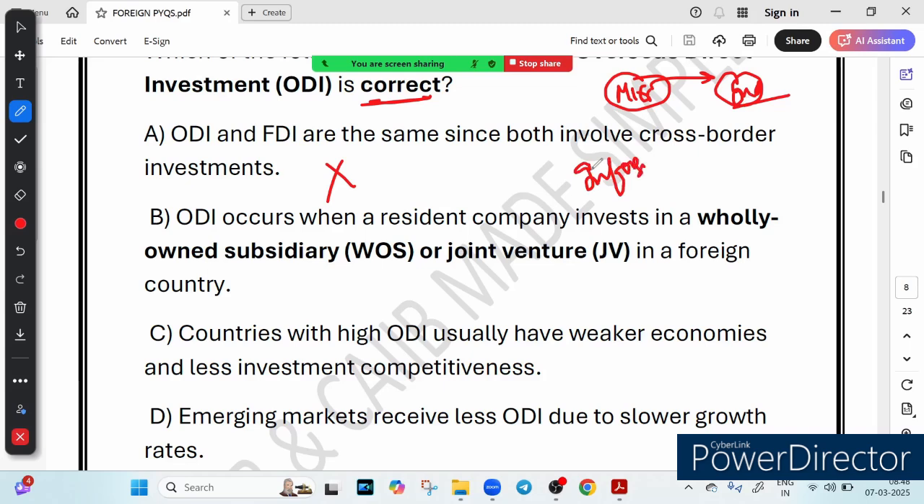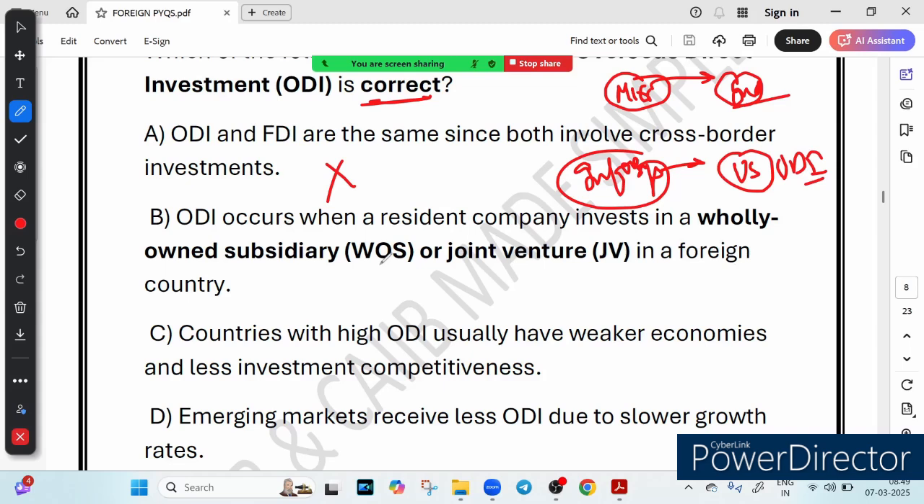when a resident company invests abroad. Like suppose Infosys is investing in the US. So this is called ODI, right? So there are two different directions of investment. They are not the same. Now option number B, ODI occurs when a resident company invests in a wholly owned subsidiary or joint